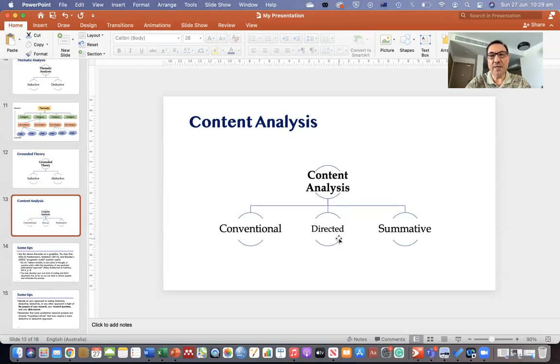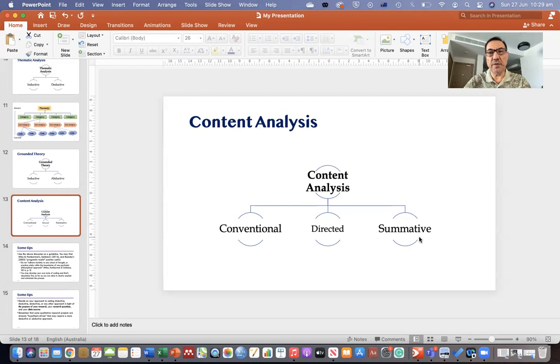Directed approach, again, is exactly the same as a deductive approach or top-down approach in thematic analysis. It means when researchers have access to an already available coding scheme or categories and themes that they can apply to their data. There is a third approach to content analysis, which is called summative, and it could be a